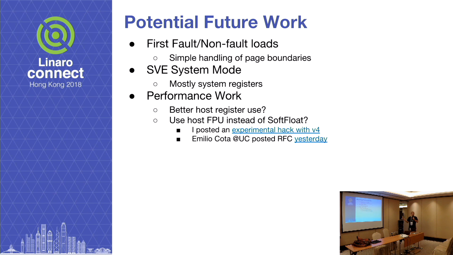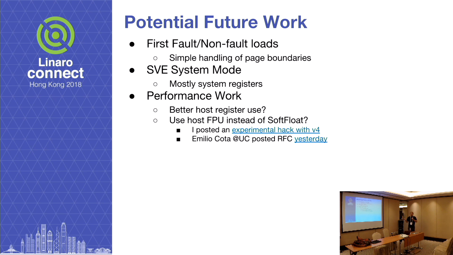This was actually a thought I had when I posted the version 4 changes, because there was a fairly significant regression in our square root performance. And I posted an experimental hack that I spent about half a day on, and I wasn't intending to do any further work on it because I had other stuff to get done. But it was, yet again, here's a random idea I've had. What do people think? And Emilio Cota at Columbia University